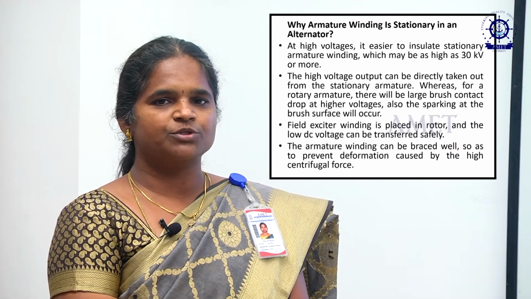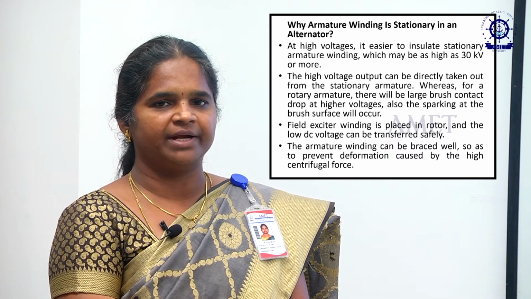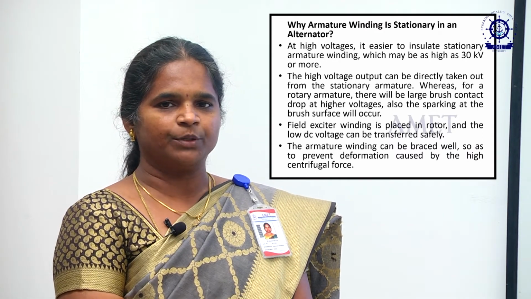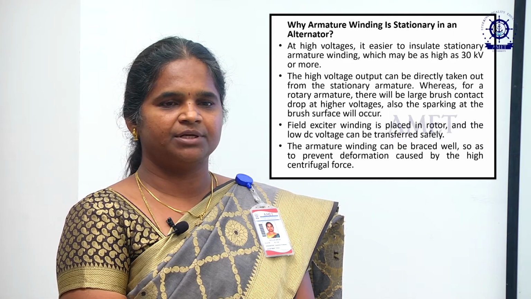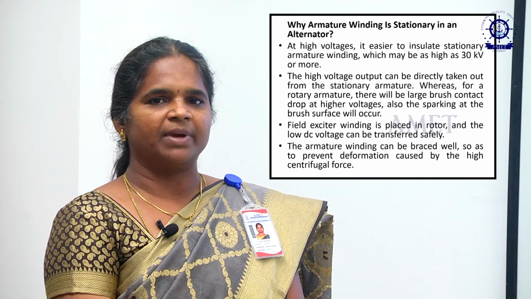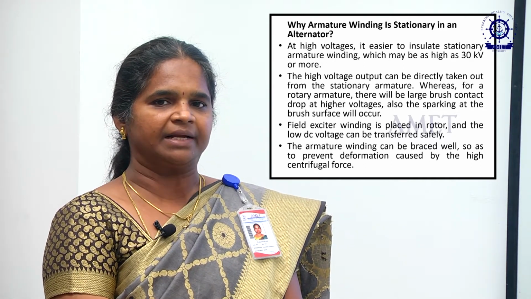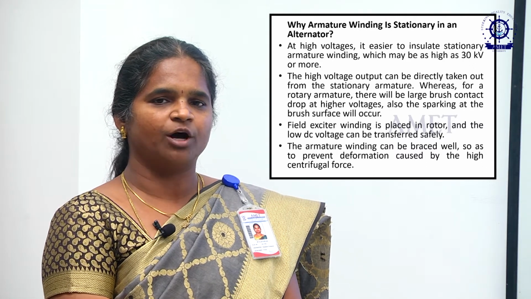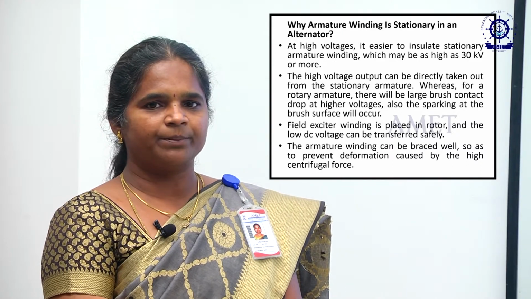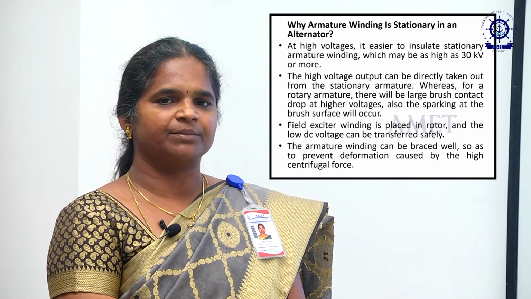So, instead of having the armature inside the machine, the rotor has a field winding. The field winding gets supply from the DC supply, so the magnetic field produced is of rotating type. During its rotation, these magnetic lines will be cut by the armature conductor. Then according to Faraday's law of electromagnetic induction, EMF is induced in the armature conductor only. Since the armature is in the outer part, called the stator, it is very easy to tap the supply from the outer winding.